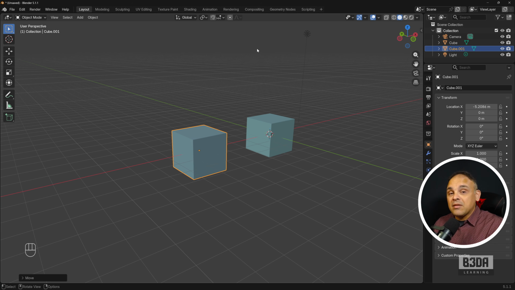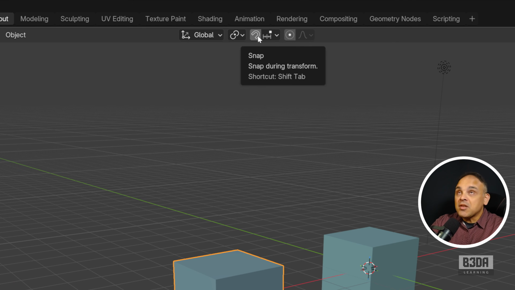The second part, and this is a really major factor for transformations, is how to use the snapping tools. Blender offers two types of snapping systems. The first one, that is the transformation snapping, and the second one is the snapping related to the 3D cursor in general. If you look here at the top center of your user interface, you will see that we have